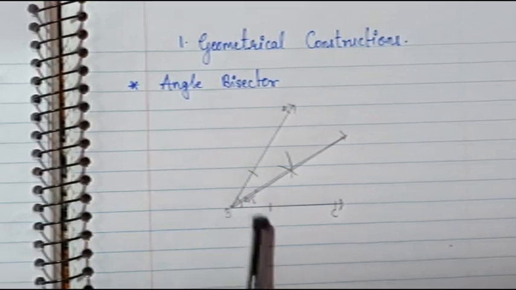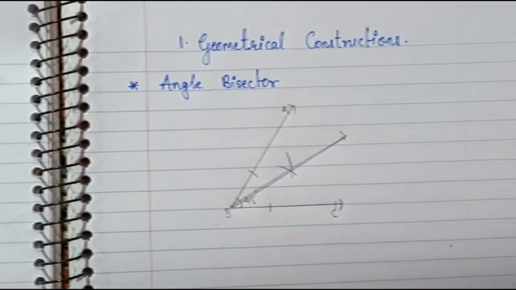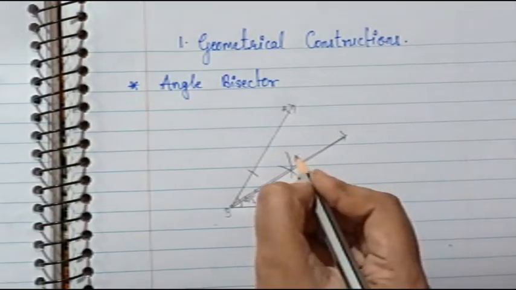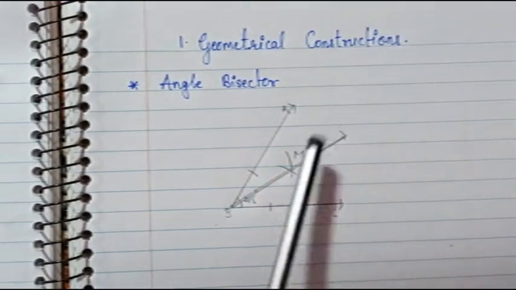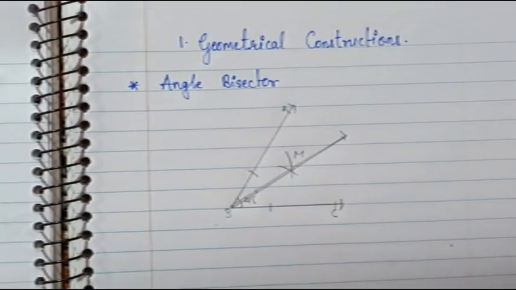So this is the part which you all have already studied in the previous year also. Okay, it's just a recall thing, means you just have to revise this. So this was the first part, how to bisect the angle, or this is known as the angle bisector. And this point where you have bisected, wherever you have bisected, you can name this point as point M, or any alphabet you can name it. Is that clear? So at point M you have bisected the angle. Is that clear everybody? Okay.